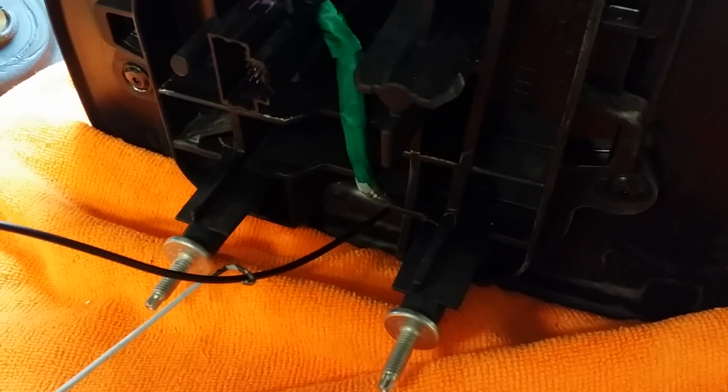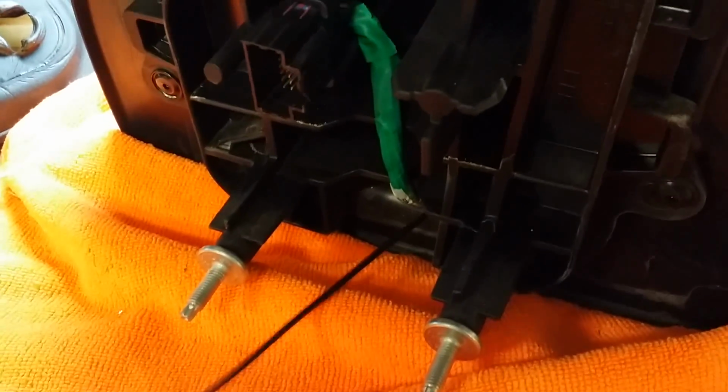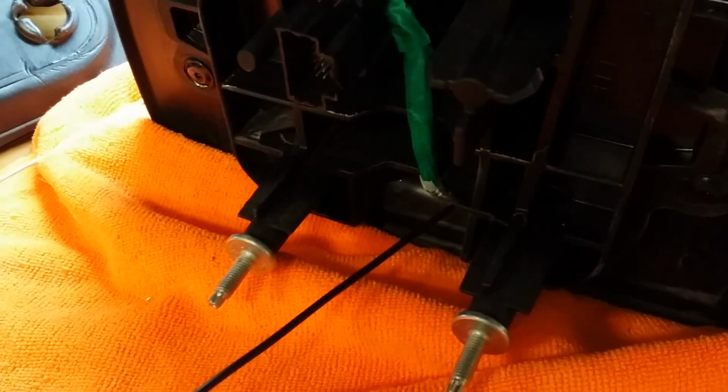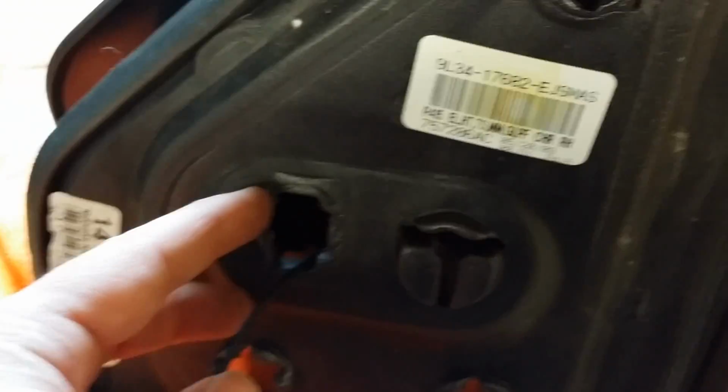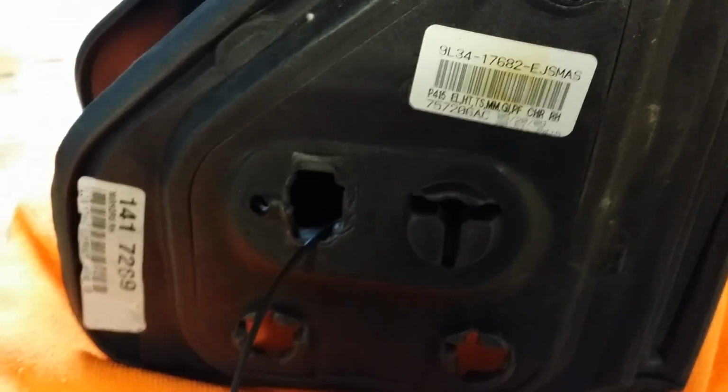After successfully pulling the wire through the mirror, continue to pull until about 1 foot is left on the mirror side. Run your wire through the connection point here in the foam padding and replace it back against the mirror housing. You now have installed your power wire into your mirror, and we are ready to reinstall the mirror housing